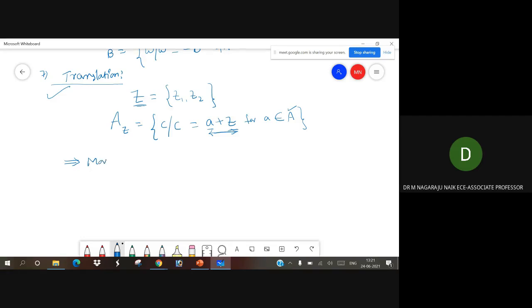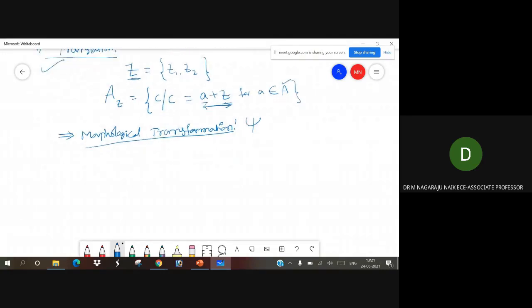a morphological transformation, a morphological transformation psi. Okay. Now, in that morphological transformation, say this is your image X,